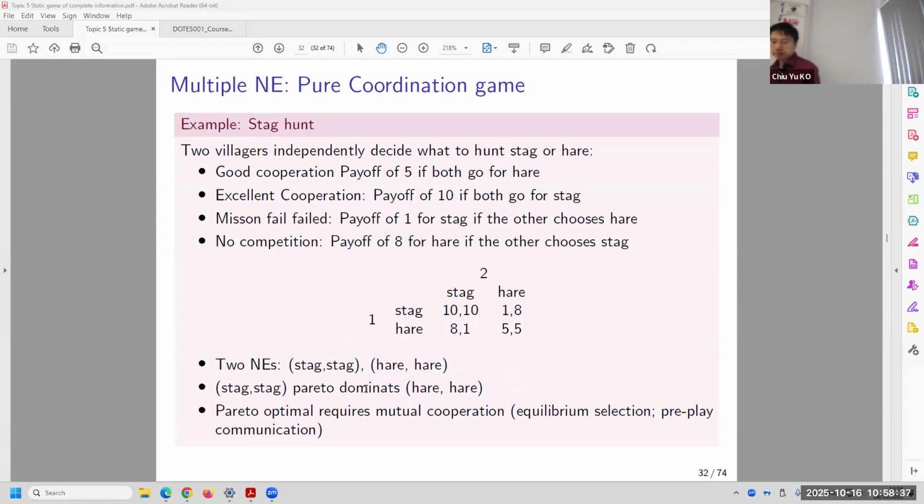So this is a famous game. We call it a coordination game. This coordination game is usually called the stag hunt problem. The two agents can do things independently. They can go for a hare, a rabbit, and they can earn some good money, here 5 and 5, if they go for a small rabbit. Or if they all go for a big animal, a stag, a big ox,